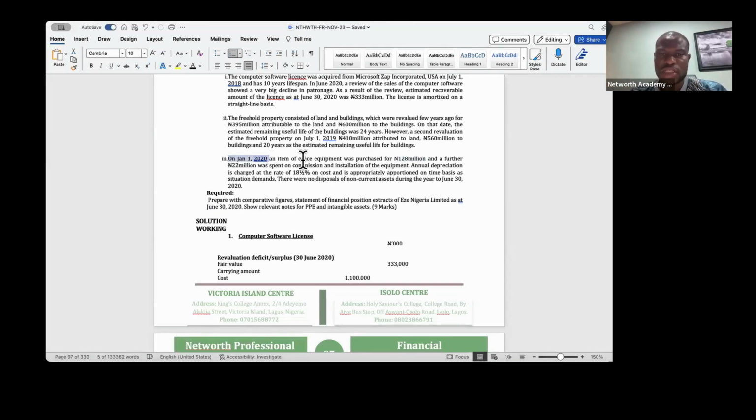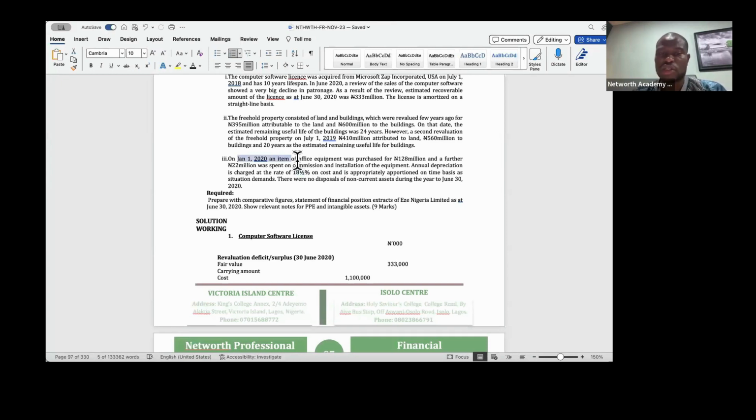They purchased office equipment during the year, and a further 22 million was spent on commissioning and installation of the equipment. Depreciation is 18.5%, and it is appropriately apportioned on a time basis as situation demands. Saying that depreciation is appropriately apportioned on a time basis is speaking to the fact that some of the assets were acquired during the year. That means the depreciation must be prorated,